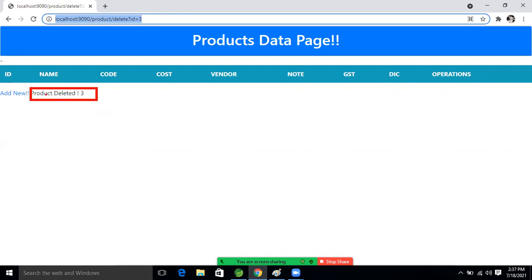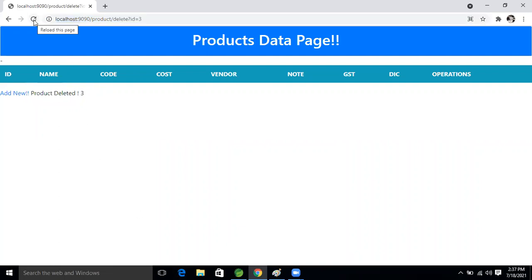If a product is deleted, see this message. Which kind of message are we getting now? If a product is deleted, it means the product is deleted. Now we are getting the message, right? Yes, Ravi, we got that.